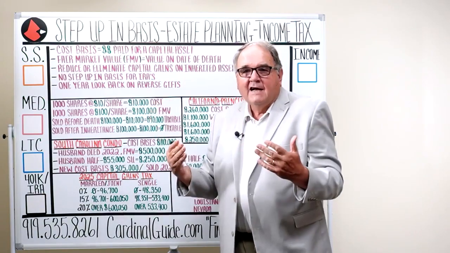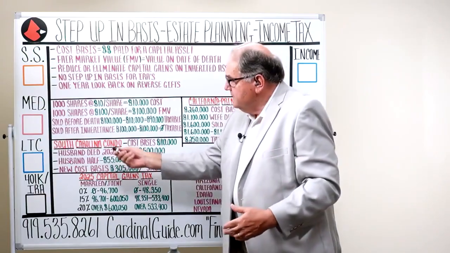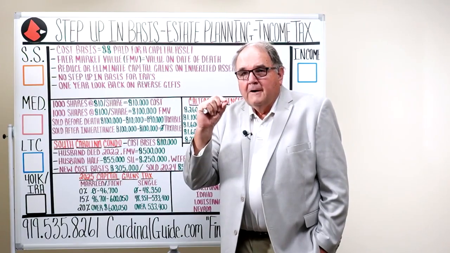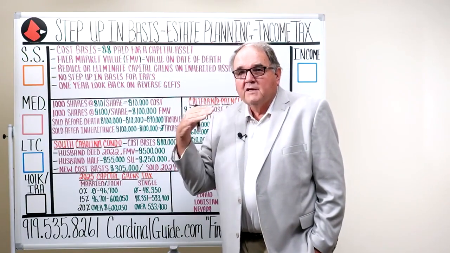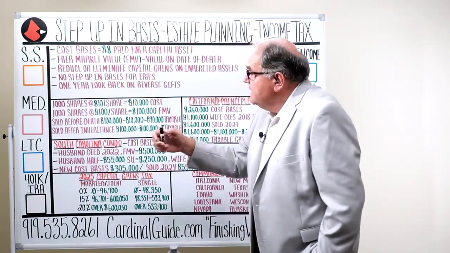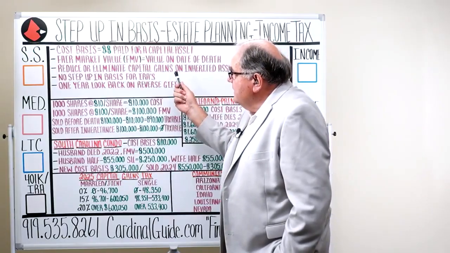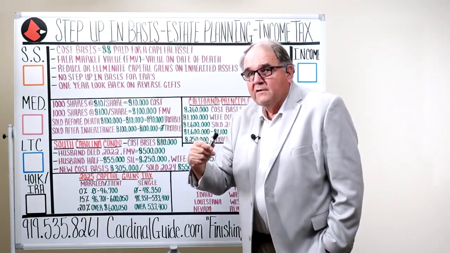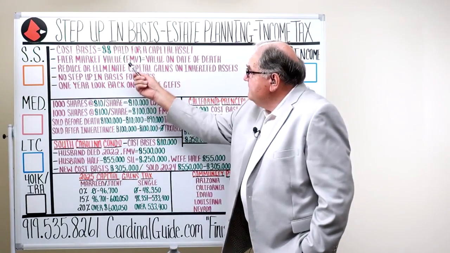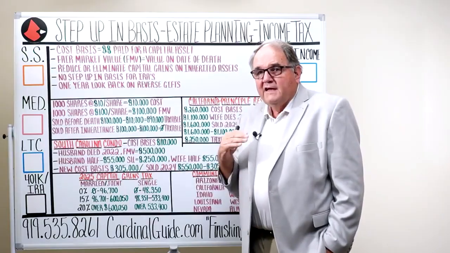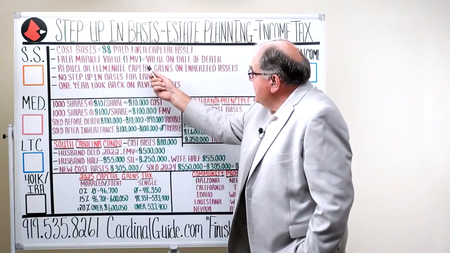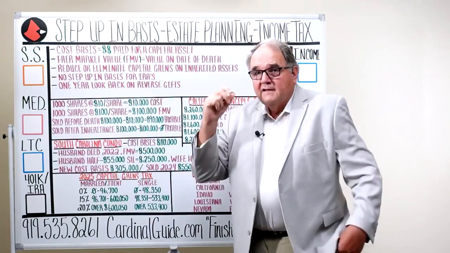So the cost basis is what you paid for it, and then the amount that you added to improve it. With a stock, it's just what you paid for it. You'll see that in the examples. So that's the first thing you're going to want to know for step up in basis: what is your cost basis? The second thing you're going to want to know is the fair market value, which the accountants are going to abbreviate in their notes as FMV. When you read the IRS regs on how this is all handled, the fair market value is the value on the date of death.